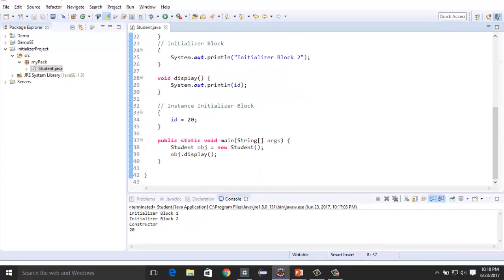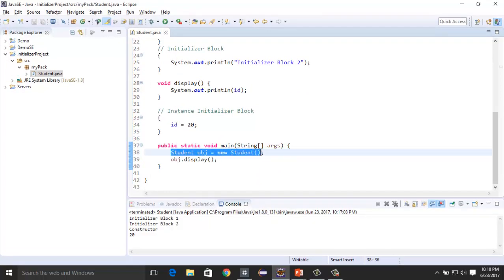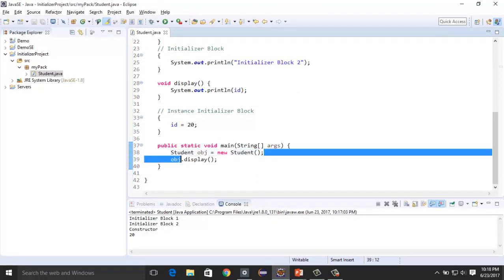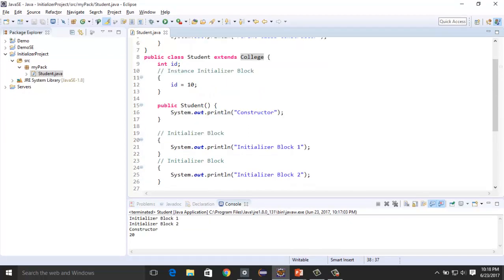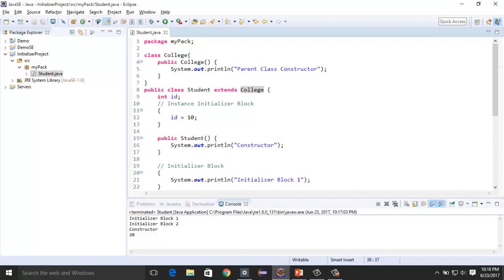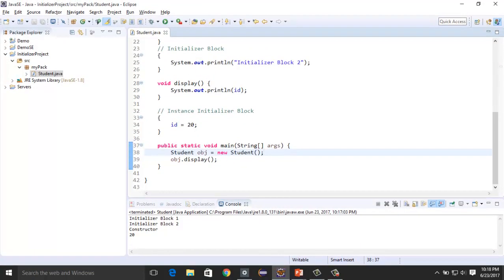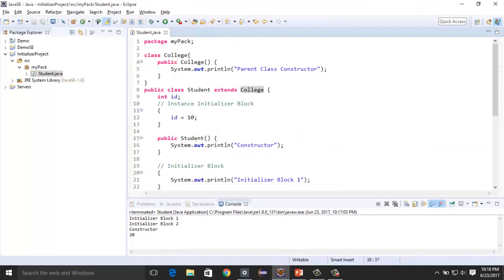So after calling the child class object, the child class constructor gets invoked, and the parent class constructor must also be invoked, because we have learned in the super keyword that when we call the child class constructor, the parent class constructor automatically gets invoked. So the execution here must be that when we call the object of the child class, the constructor gets called, and here the parent class constructor gets called.